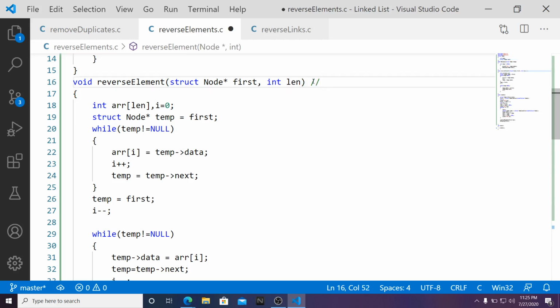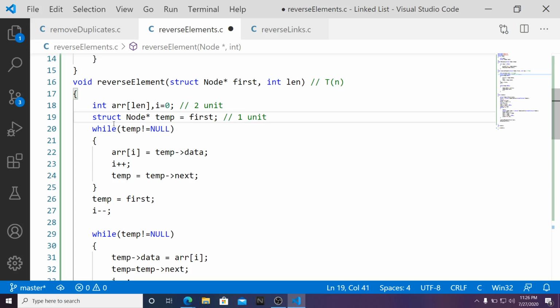Let us take this function as T of n, whereas n is the total number of elements available. n is the total number of elements in the linked list. Now, first line, taking the variables, two set of things we are taking, but here we are allocating. However, for allocating memory, we will be taking only 1 unit. So time is going to be just simply 1 unit for each. So it will be 2 units: 1 unit for arr of len, 1 unit for 2. Now for doing this, we will be taking 1 unit of time.